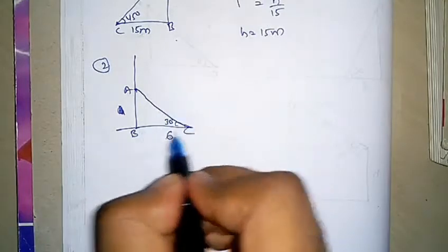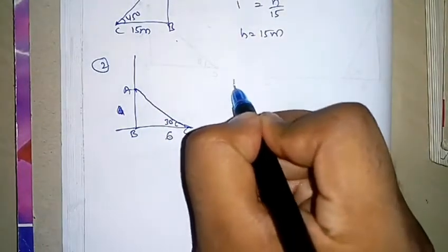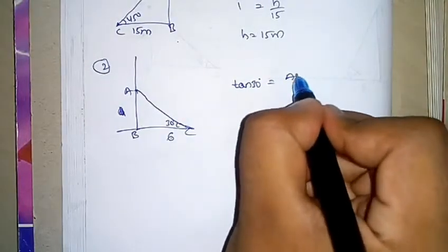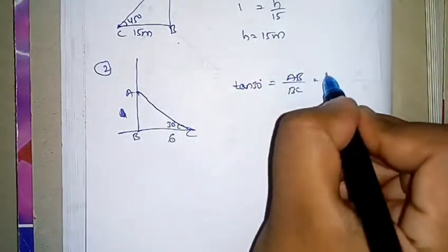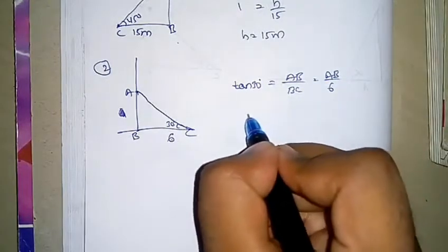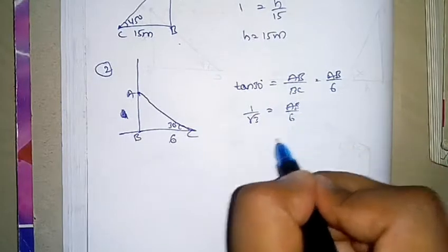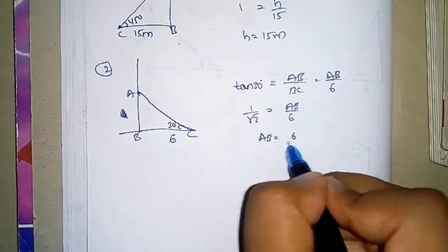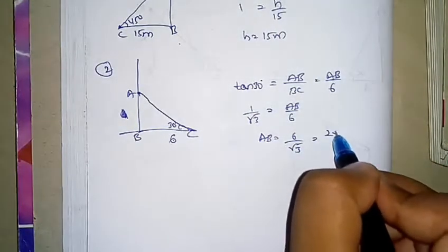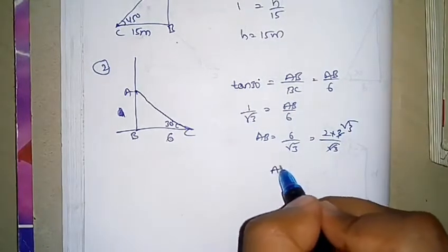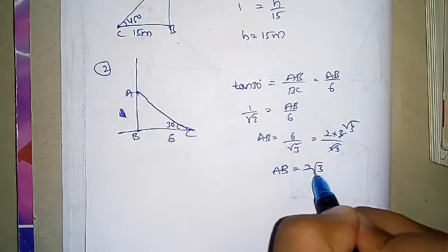Now using trigonometric ratios, tan 30 degrees is equal to AB by BC, which is equal to AB by 6. Tan 30 is 1 by root 3, is equal to AB by 6. So AB is equal to 6 by root 3 or 2 into 3 by root 3. This will be 2 root 3. So AB is equal to 2 root 3,